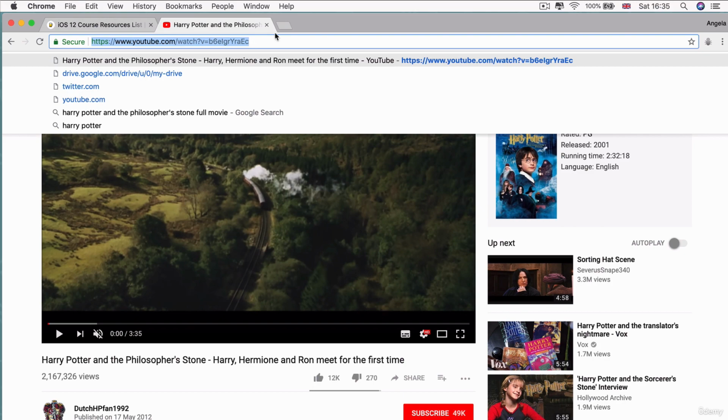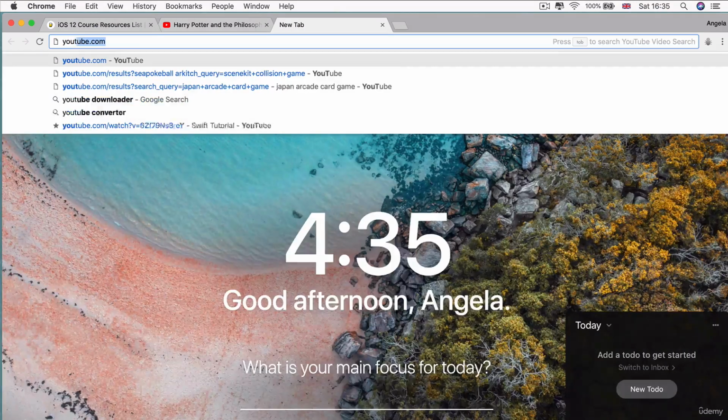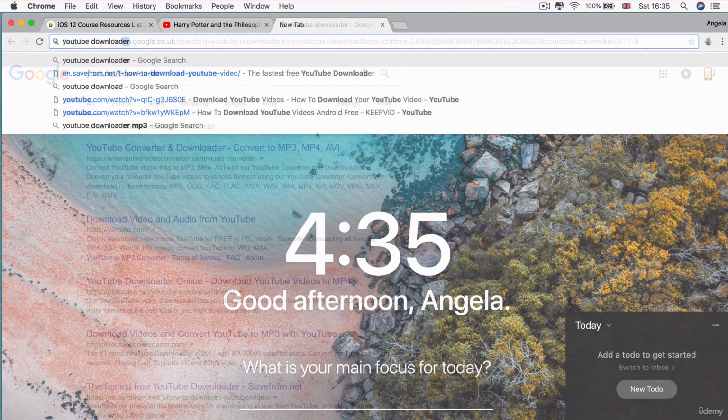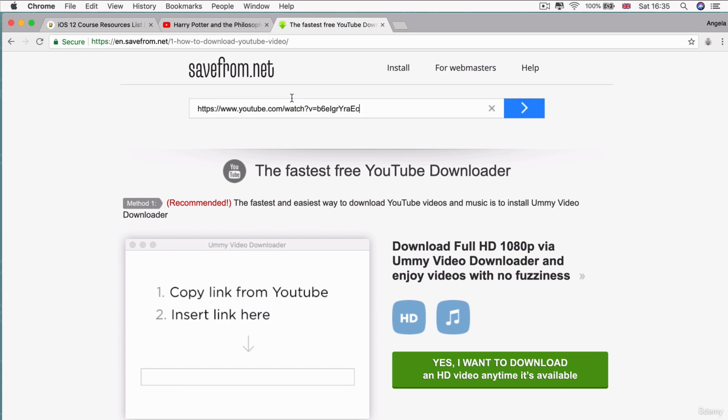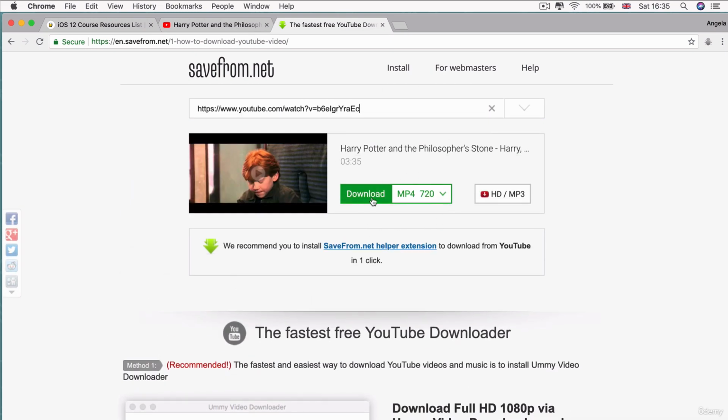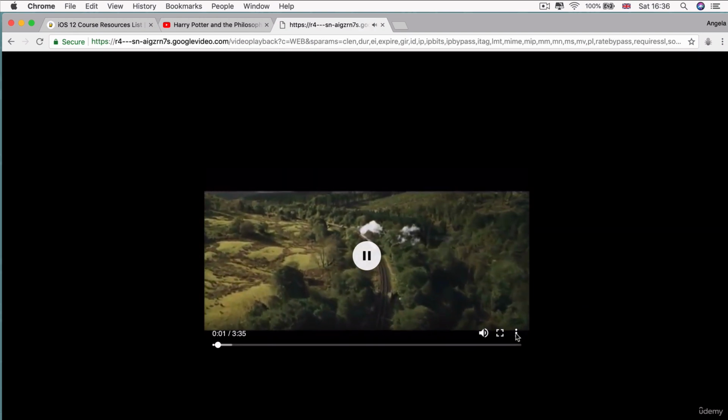And we're going to copy this YouTube URL and head over to a YouTube downloader. Now, of course, if you're building your app for launch on the App Store, then you need to make sure that you own all of the media and all of the content that you're going to put into your app. But just for the purposes of learning and education, we're going to download this YouTube video in an MP4 format. So I'm going to select the MP4 360, so make it a little bit smaller,